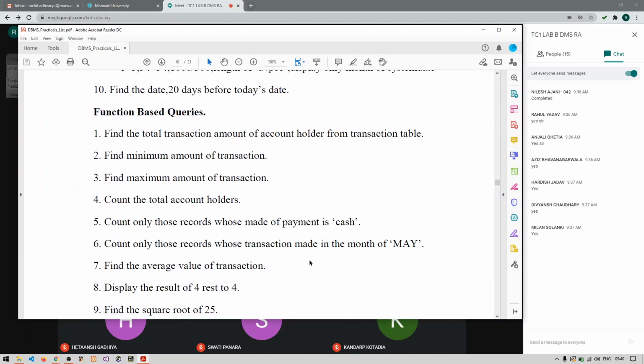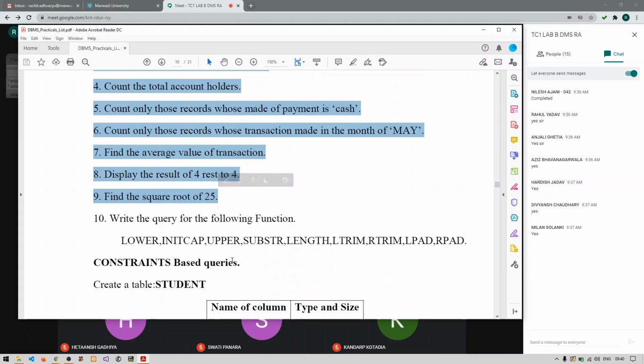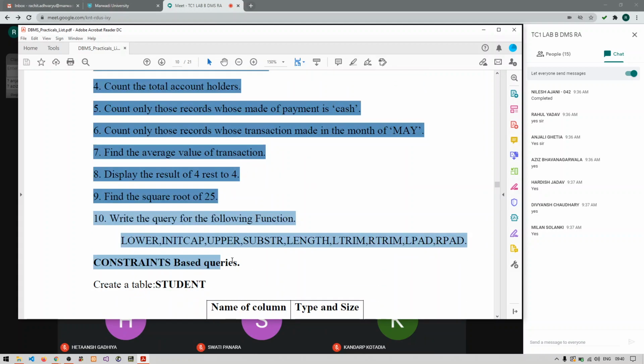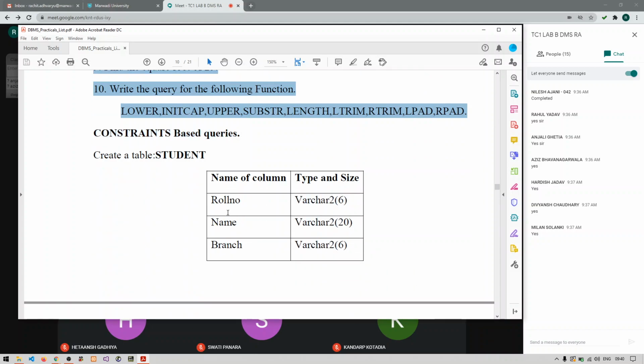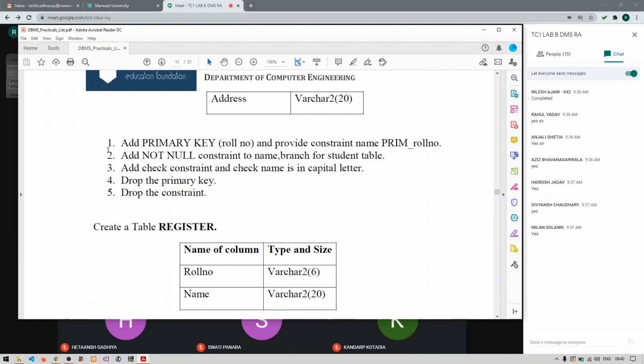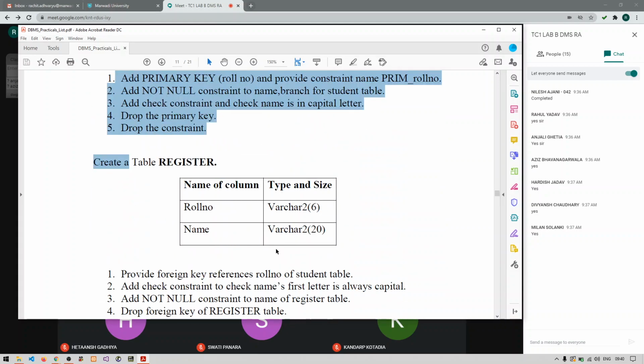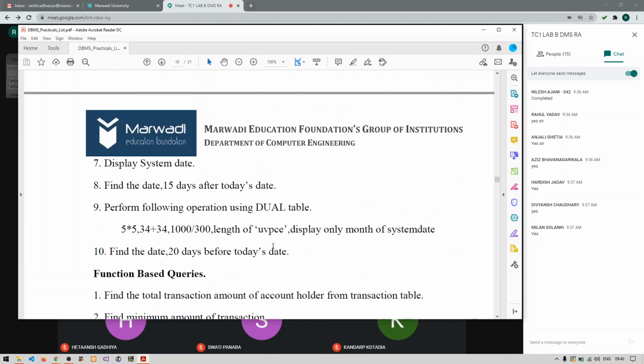The function based queries you have to perform yourself. We will discuss each of the queries, so nothing to worry about that part. But first, I'm taking these two tables and how to add constraints after creating the table. Later we will go for the function based queries. So your practical number 3 will be done by today.